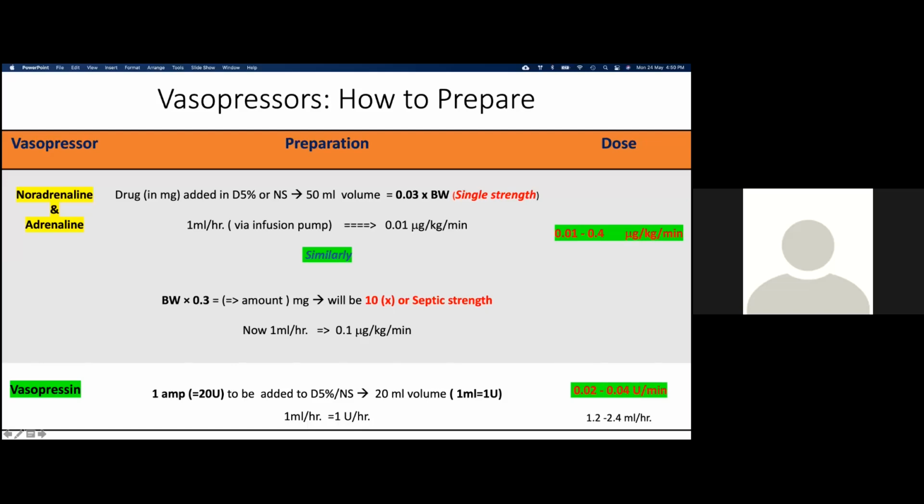So these are the dose concentration of noradrenaline, and this is the dose concentration of vasopressin. These 3 drugs are as recommended by the Surviving Sepsis Campaign for COVID-19. These 2 groups of drugs have been recommended for hypotension. Whenever the patient is having hypotension, we have to use these 2 drugs. And how do we have to use it?